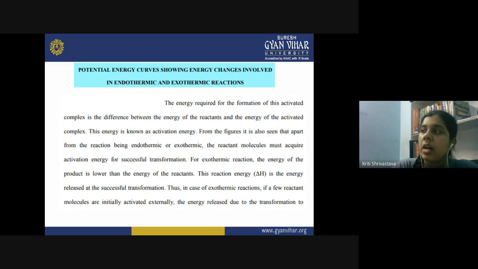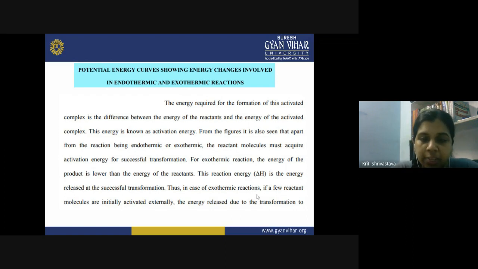Like I told you, activation energy is the amount of energy that the reactant molecule has to acquire if the reaction has to take place. Otherwise, if the activation energy cannot be attained by the reactant molecule, the reaction is not possible at all. So once the activation energy is attained by the reactant molecule, it is converted into what? Activated complex. And quickly the activated complex loses its energy. Some new bonds have been formed, few bonds are broken, and soon it is converted into product molecule. So what happens now?